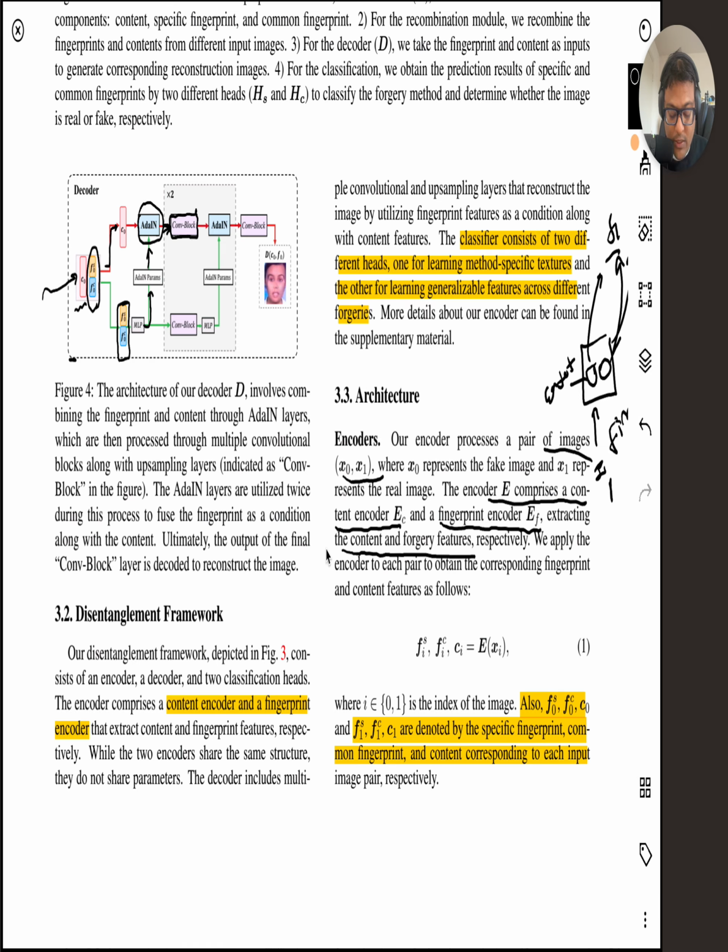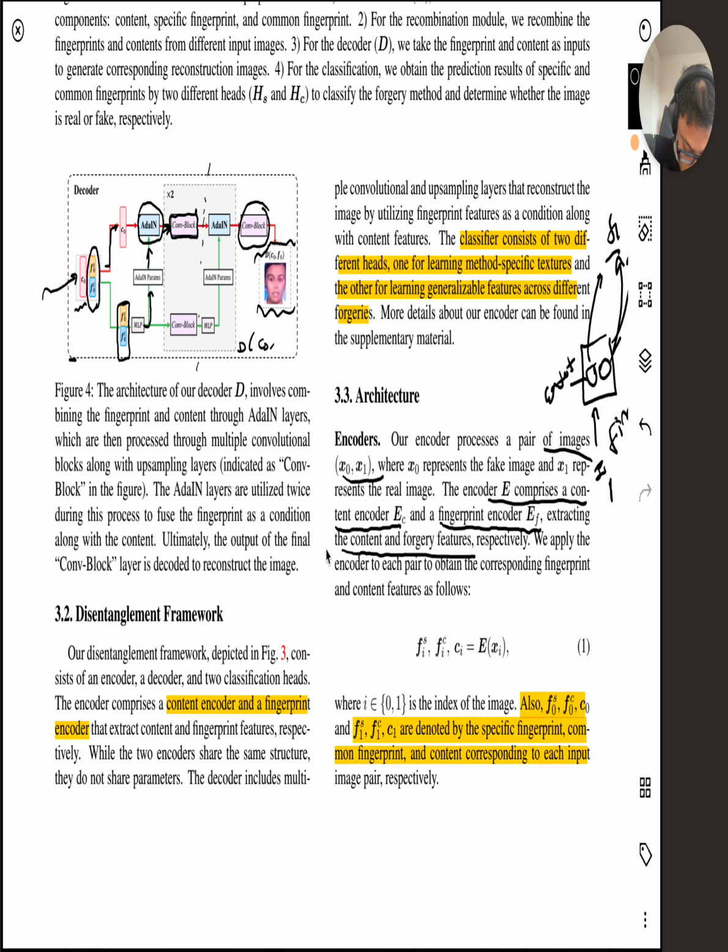So you're trying to regenerate the image which is actually given, and you do this through a couple of blocks, in this case an adaptive instance normalization block along with convolutional upsampling, and finally you are able to regenerate an image. So here